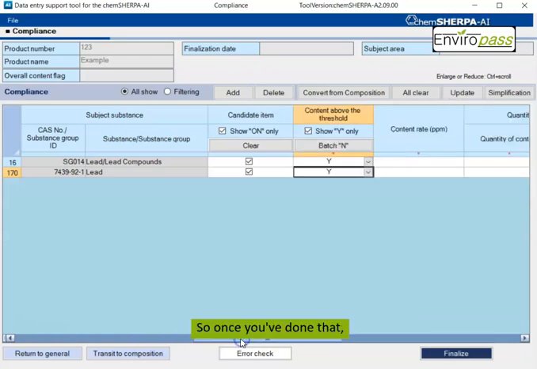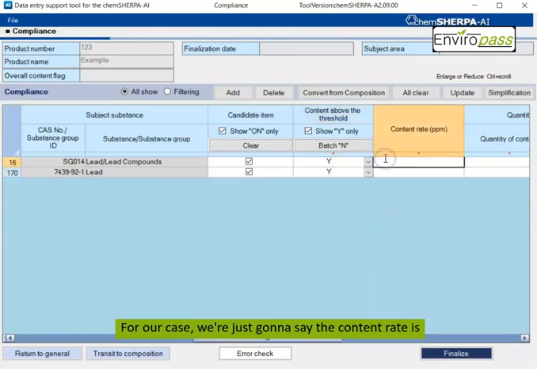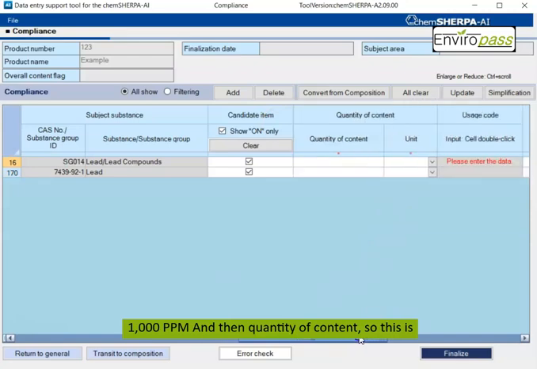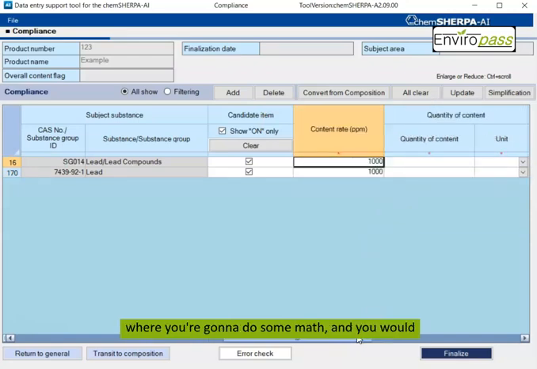So once you've done that, you can say the content rate. For our case, we're just going to say the content rate is 1000 ppm. And then quantity of content, this is where you're going to do some math, and you would just multiply the content rate by the total mass of the part, or of the homogeneous